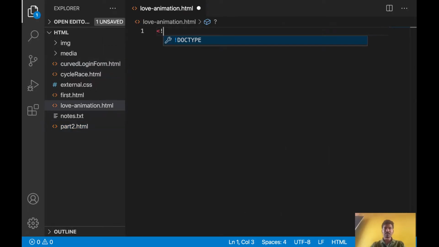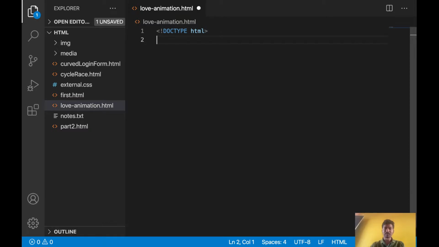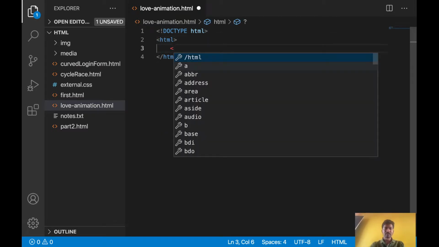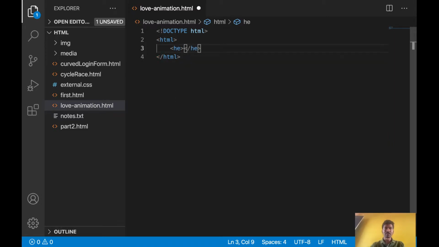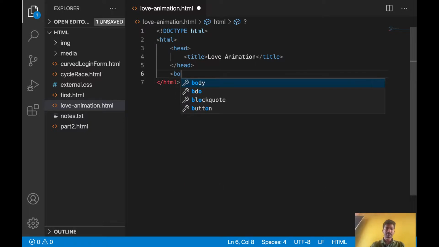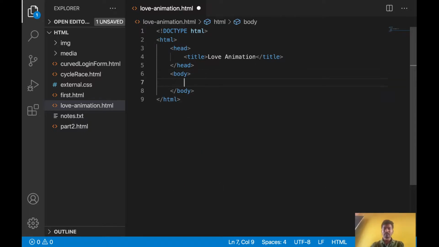So let's start with basic HTML. Inside HTML, two sections will be there. Inside head, let's write the title of the web page. Let's say love animation. Let's write the body part. Inside body,